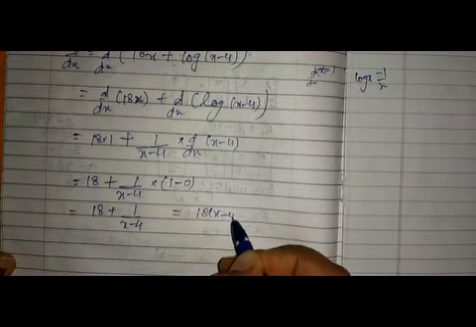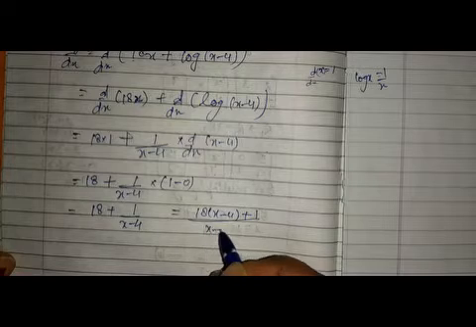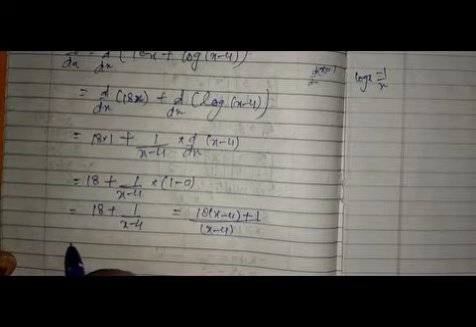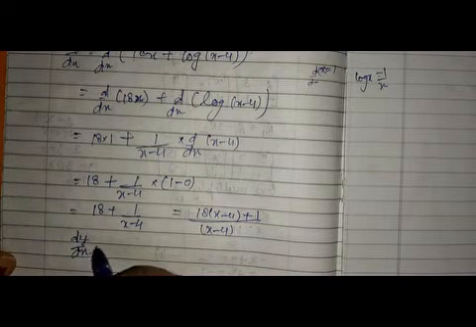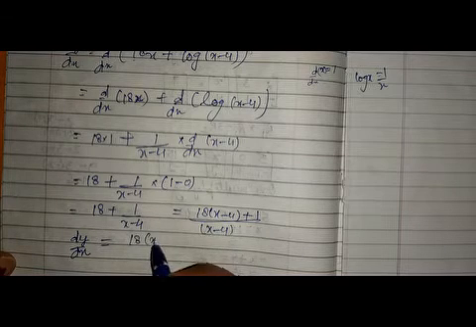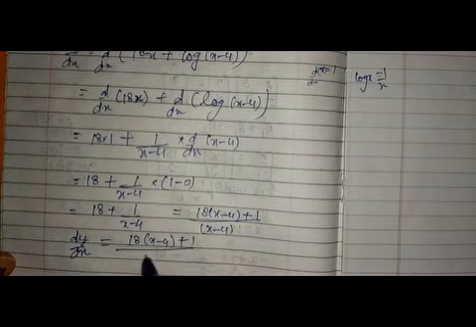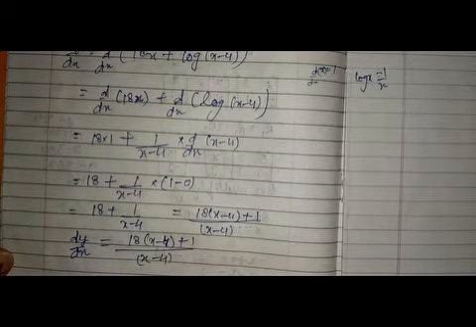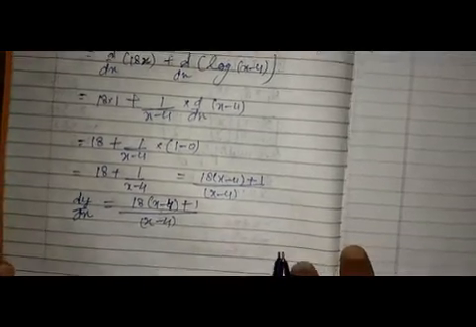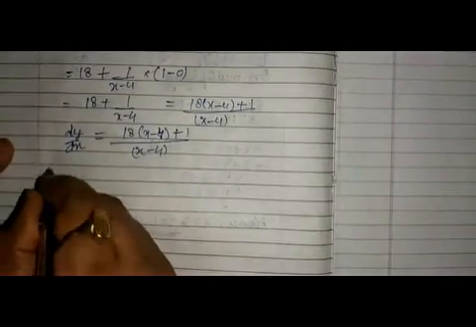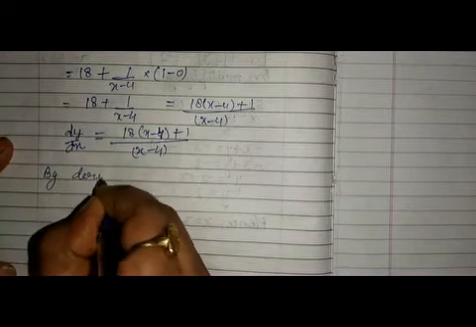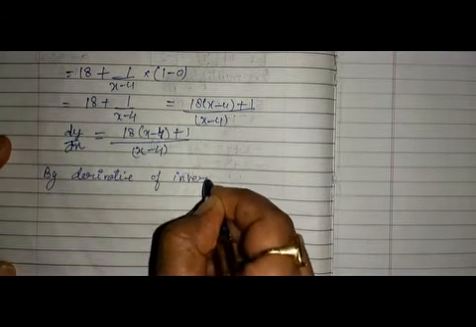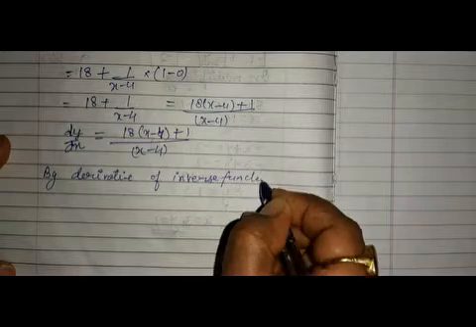Now just simplify it. 18 into x minus 4 plus 1 upon x minus 4. We have just cross multiplied the denominator. Okay, so our dy by dx equals 18 into x minus 4 plus 1, upon x minus 4. Okay, but we have to find dx upon dy. So we write here by the derivative of the inverse function,